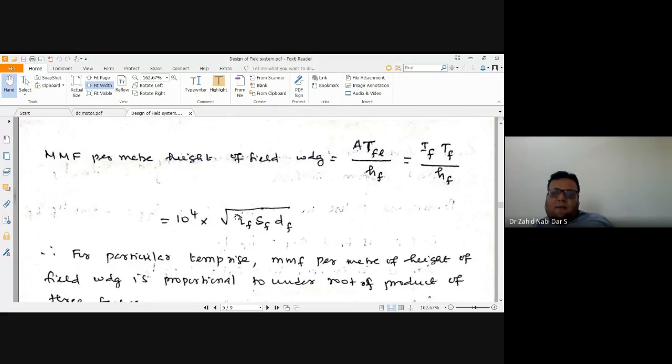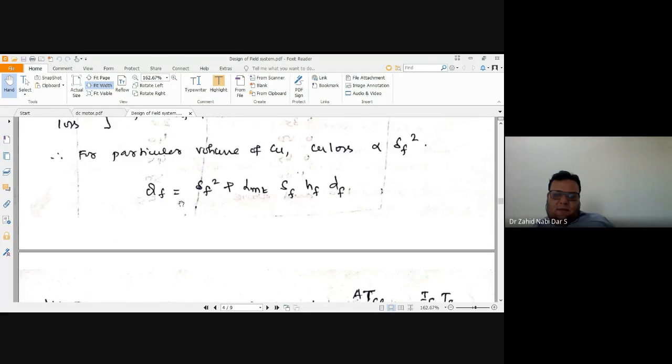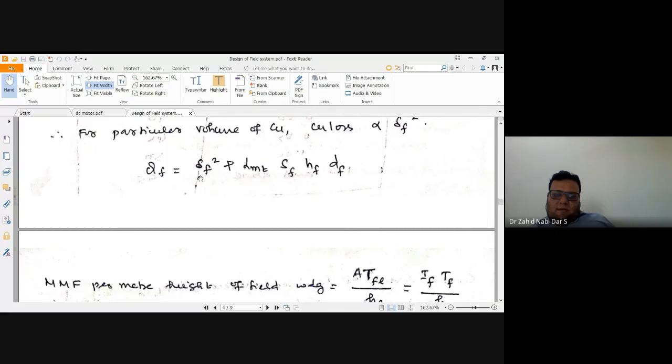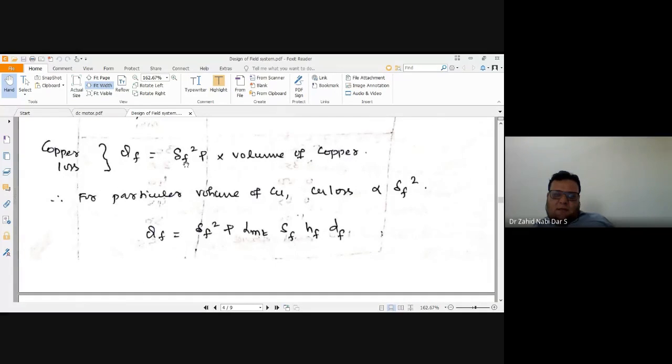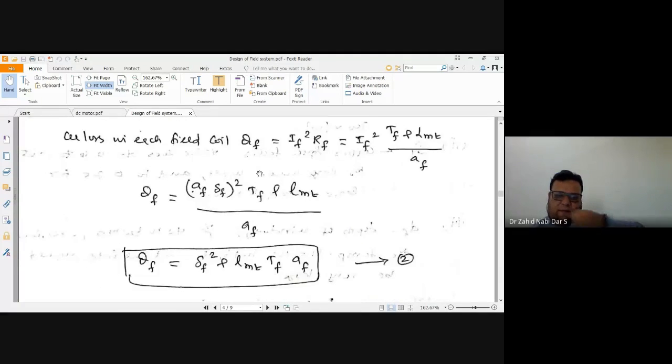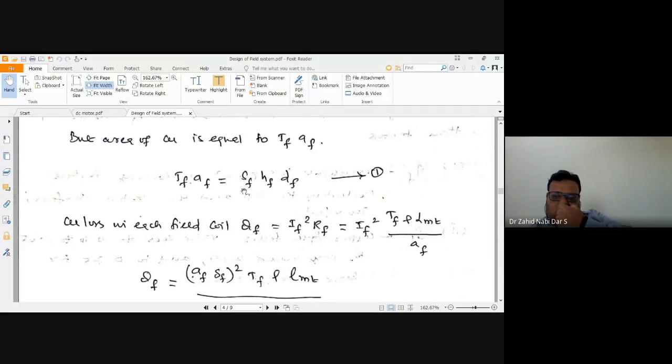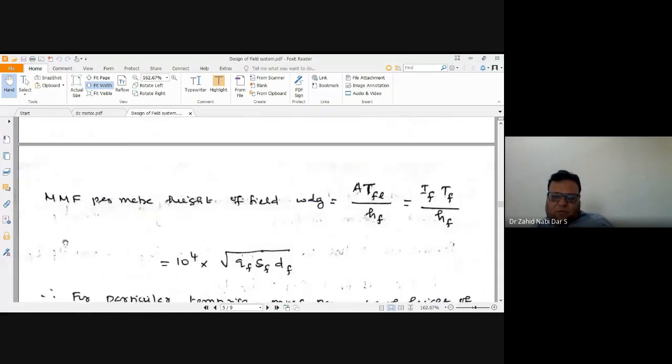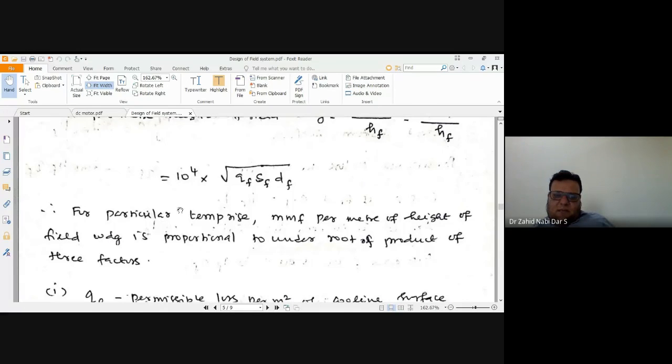So how did we get this QF SF DF 10 power 4? Can anyone tell? See, it is simple now. From here only you can see. So this, if we keep constant, so del F square is proportional to, so del F is under root of this phi F. So this phi F, if you can see here, so phi F, where did it go, yeah, here. So you can see that this is linearly proportional to this, and this term becomes your QF SF into DF.